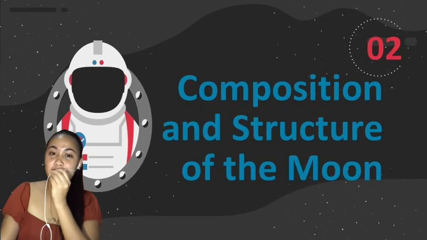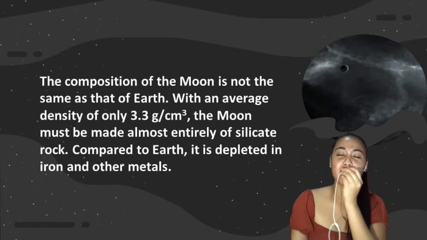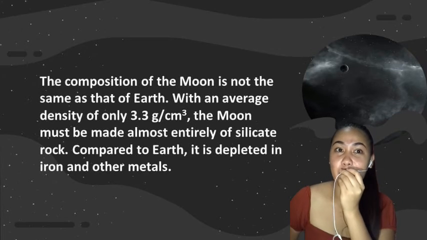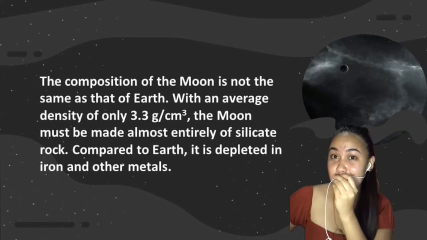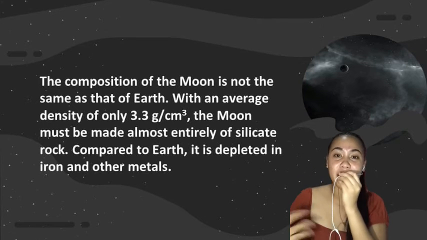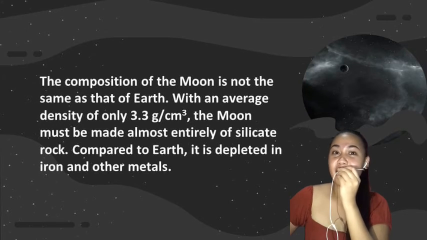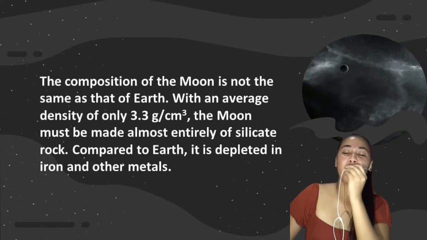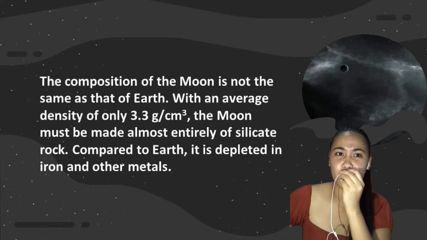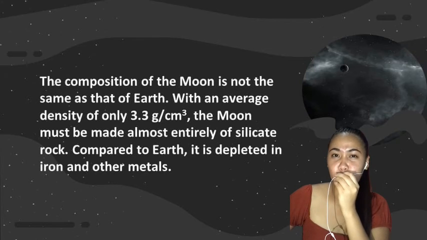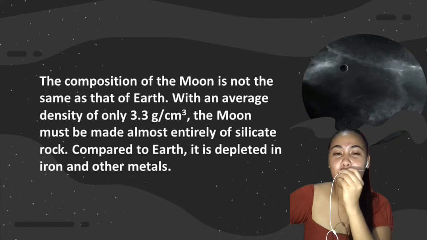Okay, now, to achieve our learning objective number 2, which is the composition and structure of the moon. Okay, we know that the composition of the moon is not the same as that of Earth. Okay? Because with an average density of only 3.3 grams per cubic centimeter, the moon must be made almost entirely of silicate rock. Compared to Earth, it is depleted in iron and other minerals or metals. Okay? It is as if the moon were composed of the same silicates as Earth's mantle and crust, with the metals and volatiles selectively removed. And these differences